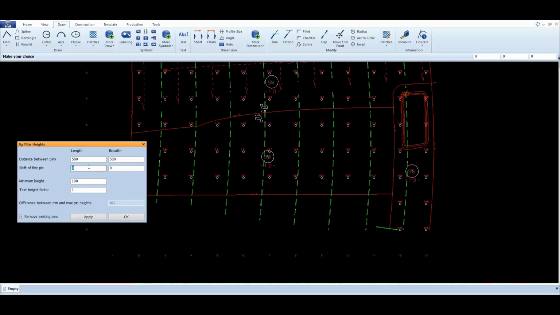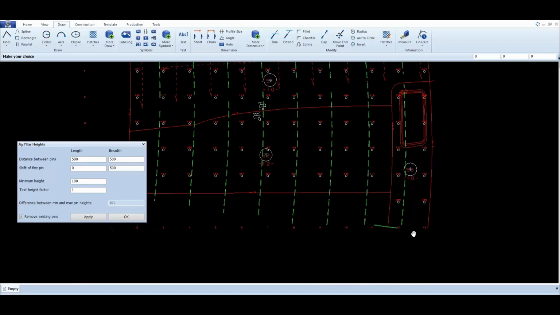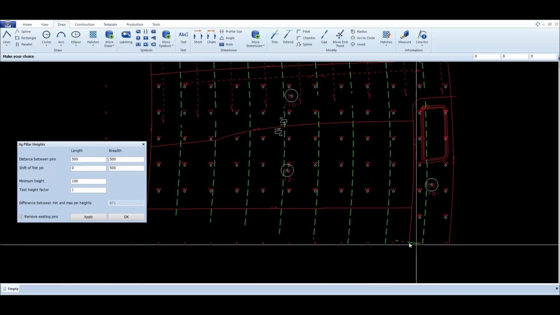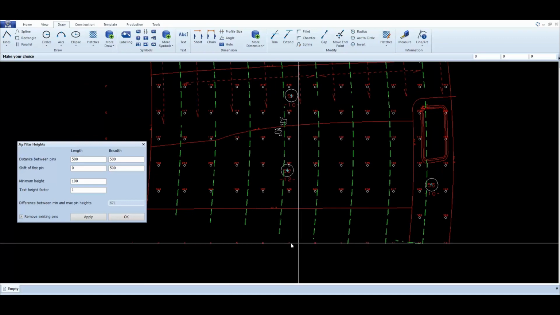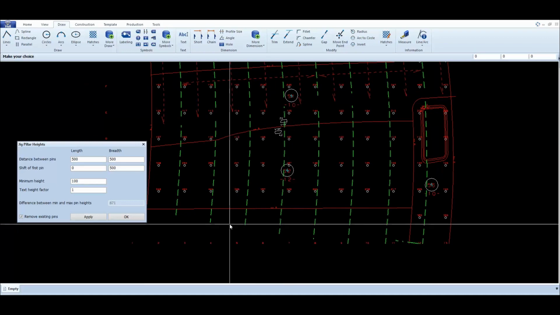So if I say the first pin has to be offset, not in length, let's say in breadth, with 500, I press on apply. You see that everything is now shifted, also the horizontal axis. Then